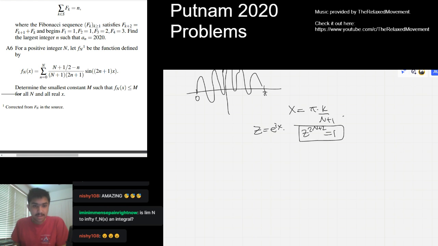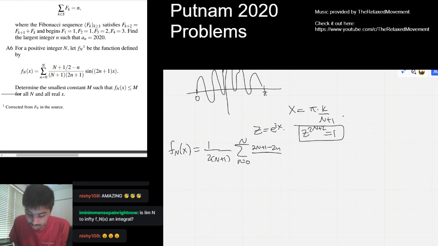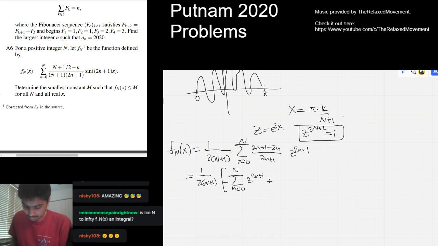Now can we evaluate f_n of x using our geometric series type method? So it's again 1 over 2n plus 1, 2n plus 1 minus 2n over 2n plus 1, which again, as we saw, is plus, so it's minus 1 plus